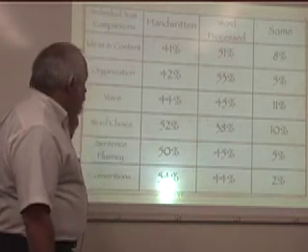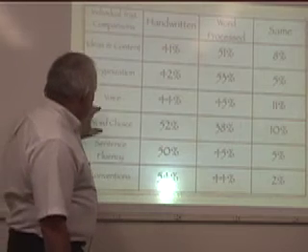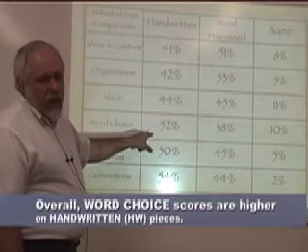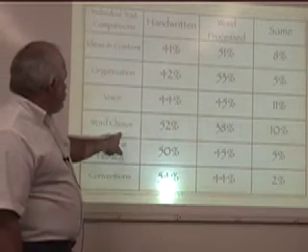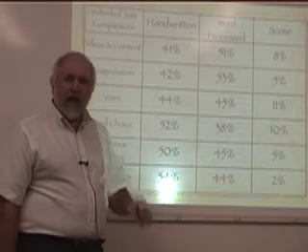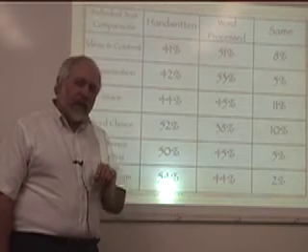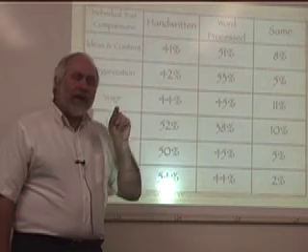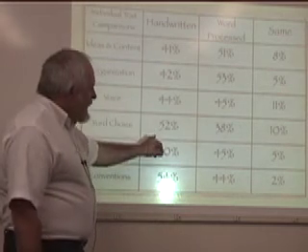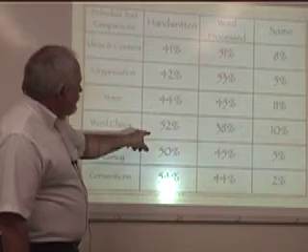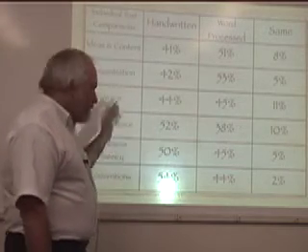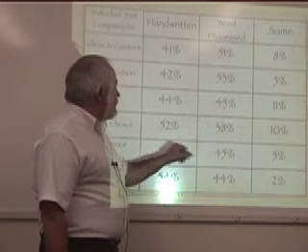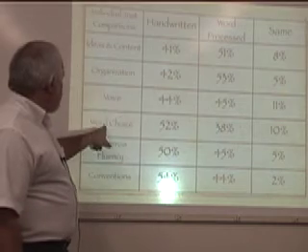And finally we get down to some other very interesting things, because when we look at word choice, we have a huge spread. 52% of the kids did better when handwriting on word choice. Word choice talks about rich language and specific language and colorful language and appropriate language. Word choice talks to us about vocabulary, and we wondered, why would handwritten pieces give us such a high score? More about that later, but that's significant. 52% of the kids who handwrote their pieces scored better than kids who word processed when they did word choice.